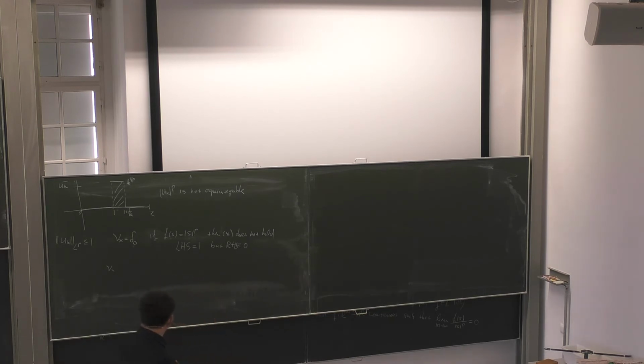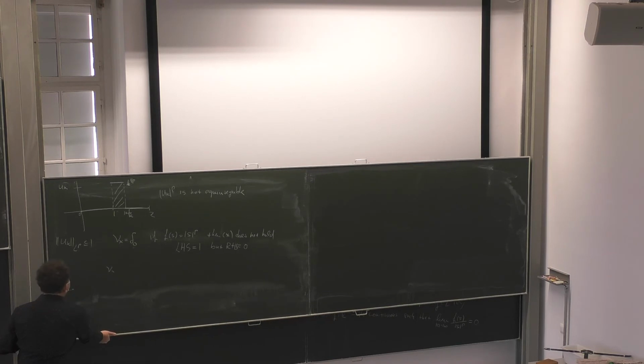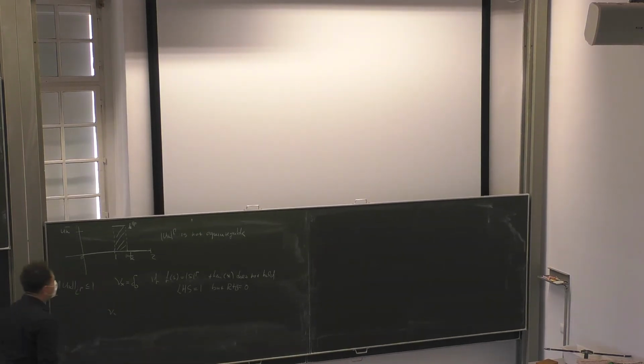Because if you look at your sequence, then you sit somewhere, a part of precisely 1. You sit somewhere here, maybe here. Then for some k, you already see 0, because this gets thinner and thinner. And then for the rest, from this k, you only are at 0. So you only see 0. And only one point in the limit is different from 0. It's like Dirac at infinity. But then this point we can forget, because it's for almost every x.